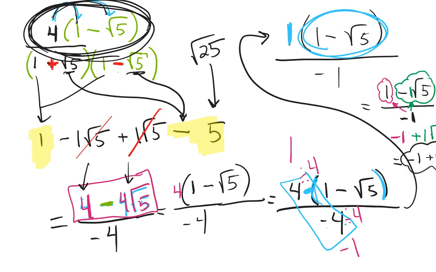Now, you could write it the square root of 5 minus 1, but you have to make sure that this radical symbol is cut off on the 5. A lot of times when people write this, they'll go square root of 5 and they'll put the -1 right there, and it almost looks like the square root is over both the 5 and the -1. And if it were, that'd be a totally different answer. Because 5 minus 1 would be 4 and the square root of 4 would be 2. That's wrong. You've got to make sure that this is cut off. So to avoid that problem,